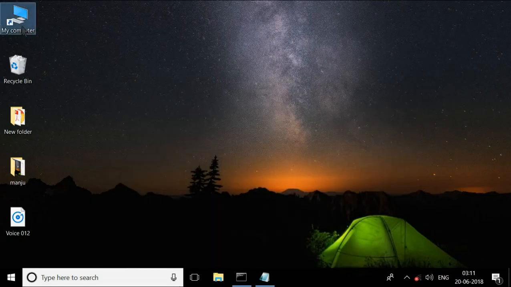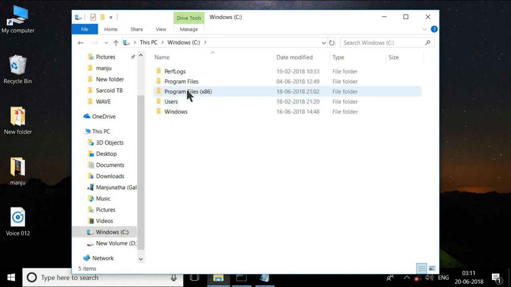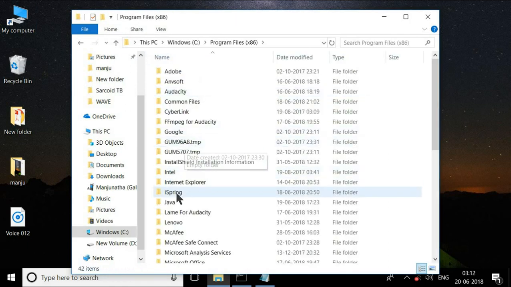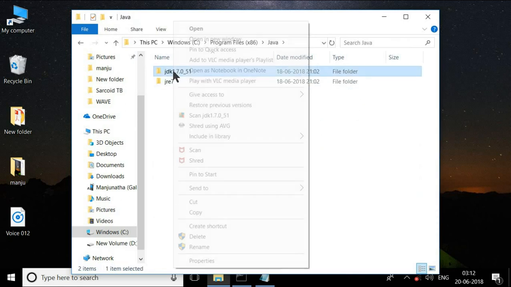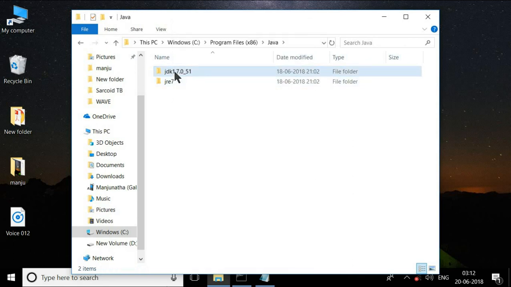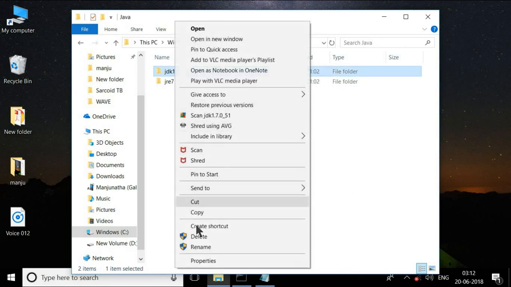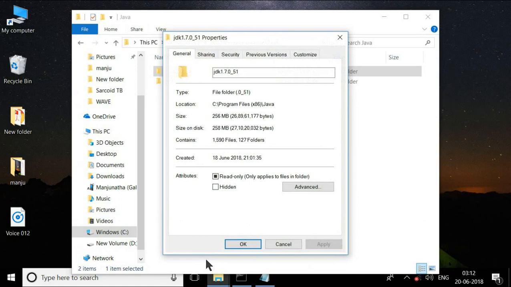Again go to my computer, inside that C drive, program files, then again go for Java and right click on the JDK 1.7 folder, then go to properties.